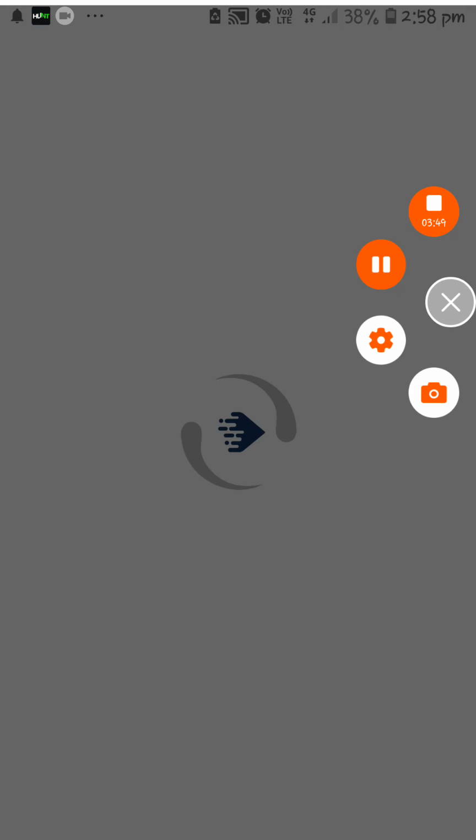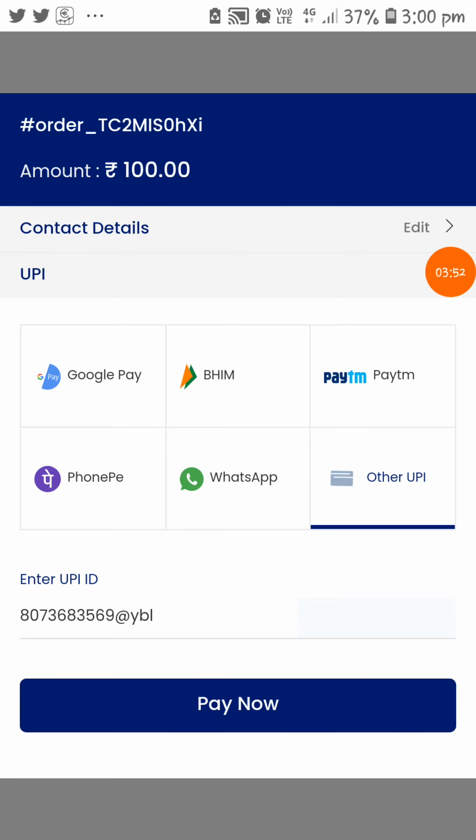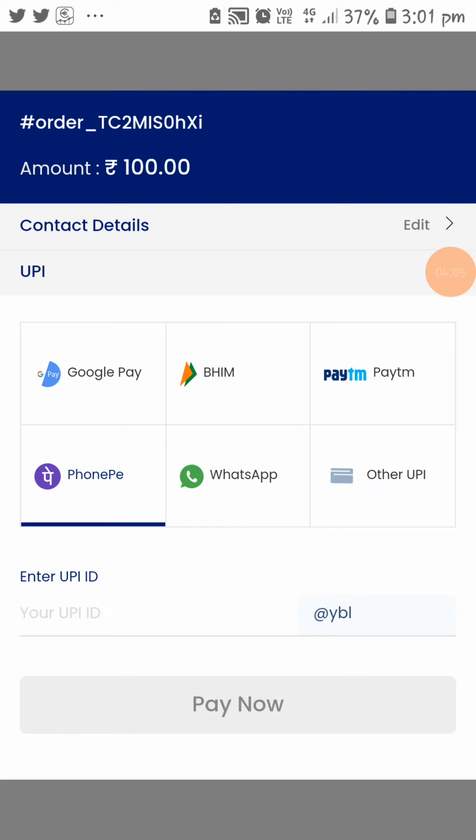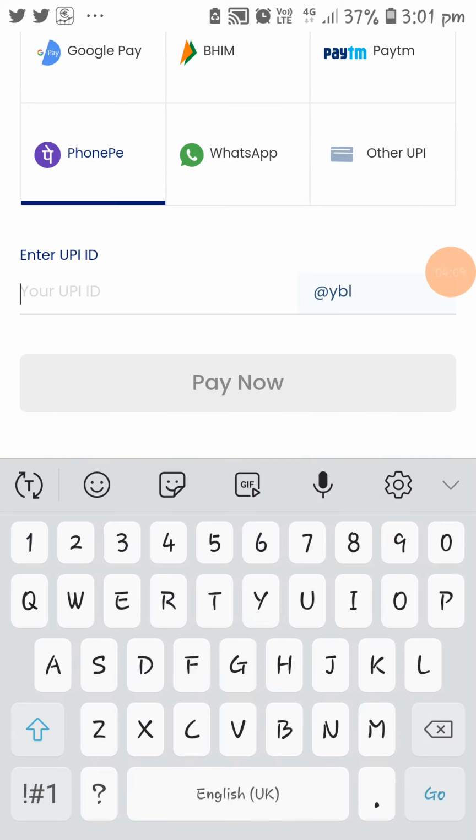It will take you to the online payment page. Whichever UPI ID you have entered, just click to select that. For example, I have selected PhonePe, so I am going to click on PhonePe. Again you enter the UPI ID here. I am going to enter my UPI ID and click on pay now. Down here, pay now is there, no? You just click on that.